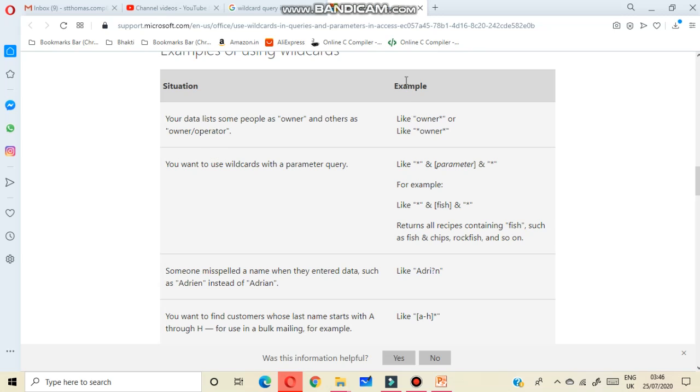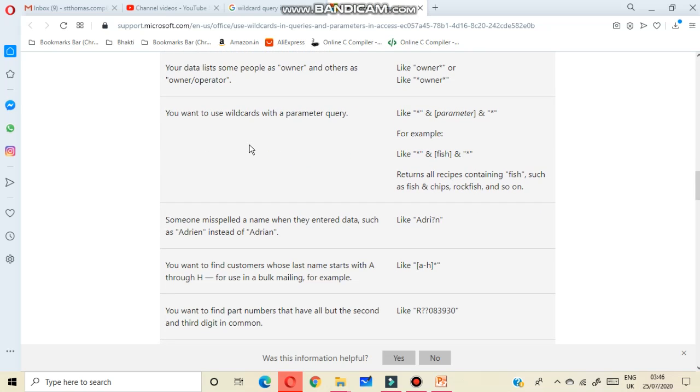You have to use wildcard character like double quotes. In the double quotes you have to give star also. You will write star with the word. You can use wildcard with a parameter query like this.